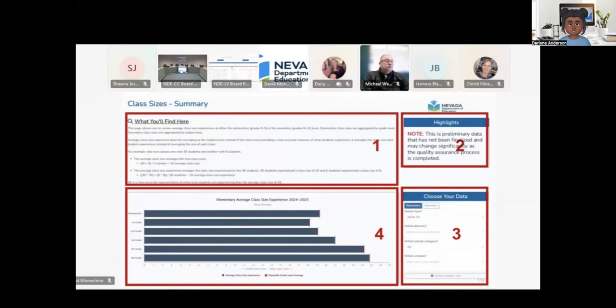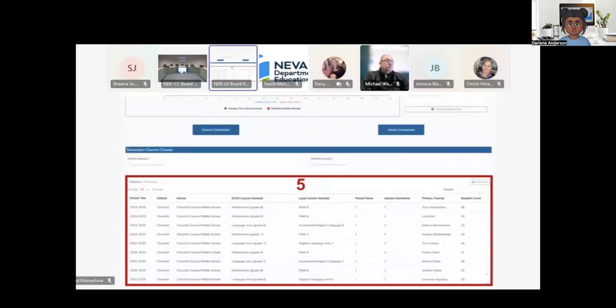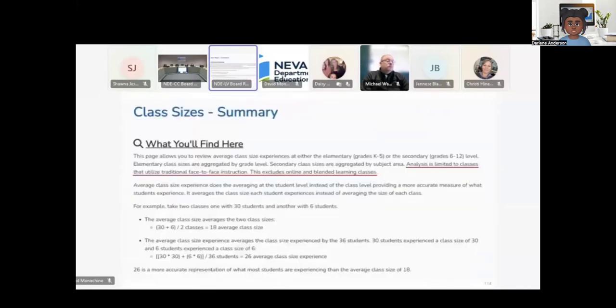There you go. So now, just like we see in a lot of the AB 304 reports, you'll have the report of the class size for each individual section. So this is where a parent can see their own kid's class and that information. So let me jump up to that introductory part of the page that explains what we're doing here with class